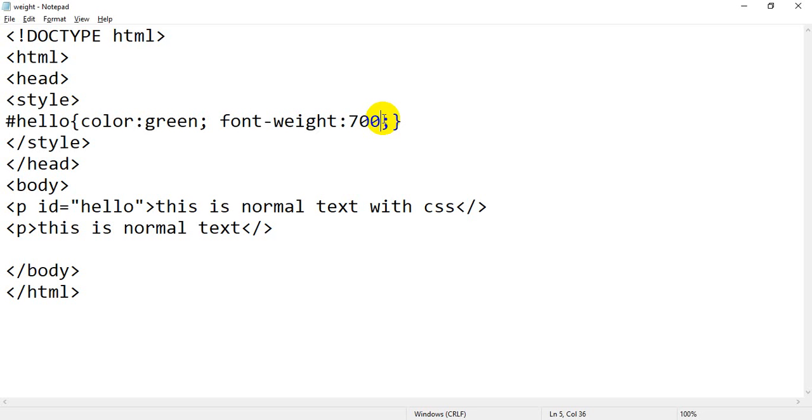I think it's very clear what the font weight property is. In this lecture we have already covered some of IDs, but don't worry, if you have any problem regarding ID, we have a special lecture for the ID and class concept in CSS, because whether we use external CSS or internal CSS, ID and class is a very important concept you have to learn. For initial learning it's okay, we are going with the HTML elements, but in our coming versions we will use ID and class as well.